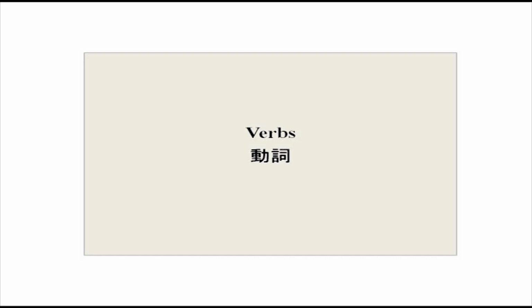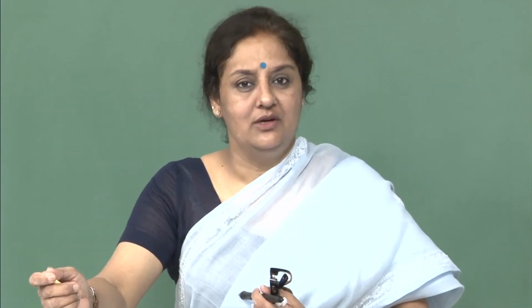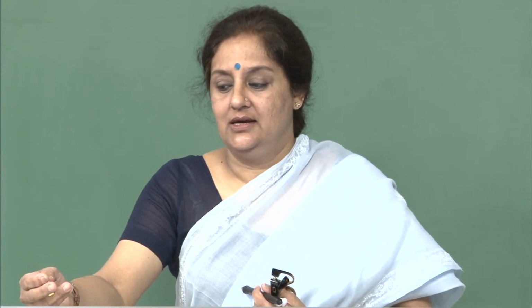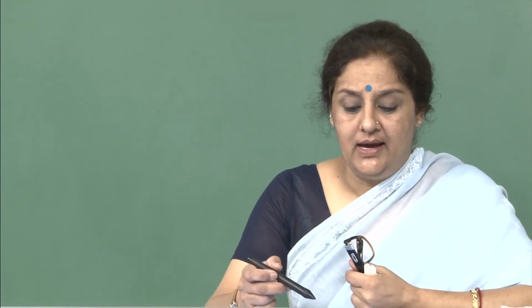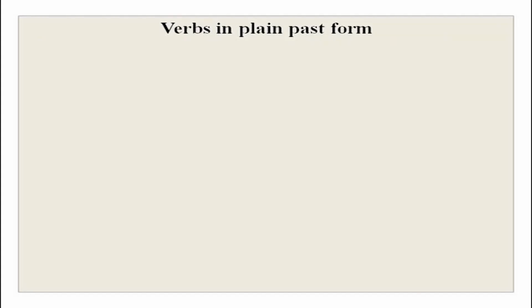Why we have to do this is very important, because to be able to speak better Japanese, to be able to make difficult constructions, to be able to say a lot of things that you would want to say in Japanese can be done by using this plain form of verbs. I told you earlier also that we use masen, masu, mashita, masen deshita, which is the masu form at the end. To use verbs in between sentences, to join sentences, we require these plain forms. Thus, we will do these plain forms in our classes regularly and practice as well. So, the first one over here is